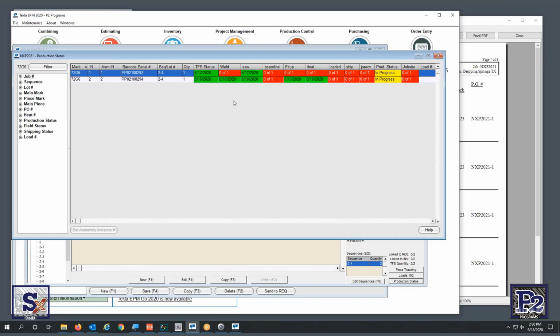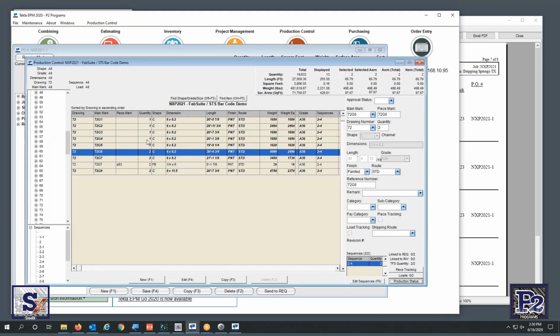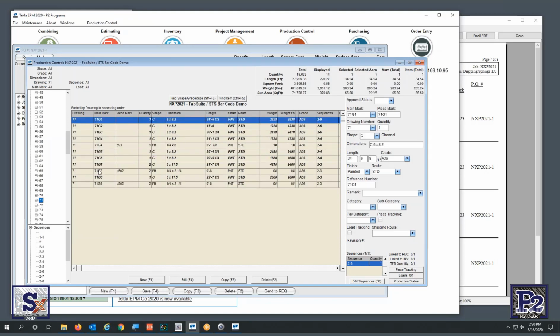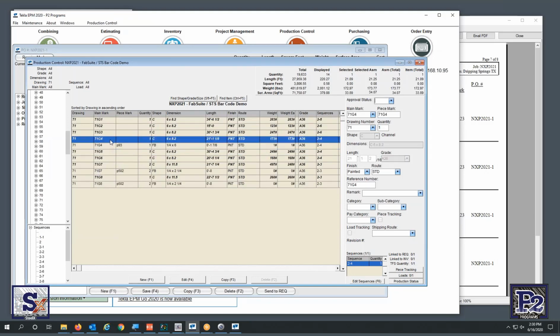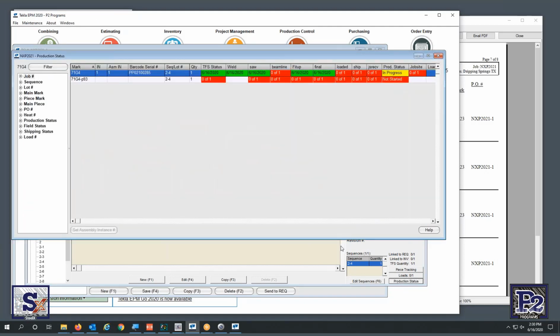All the dates. Close this. You can do the 71. Obviously, it's just going to be the same data. G4. 71G4. Yep. Production status. Same thing. First line. And again, the barcode's still there. In STSX,